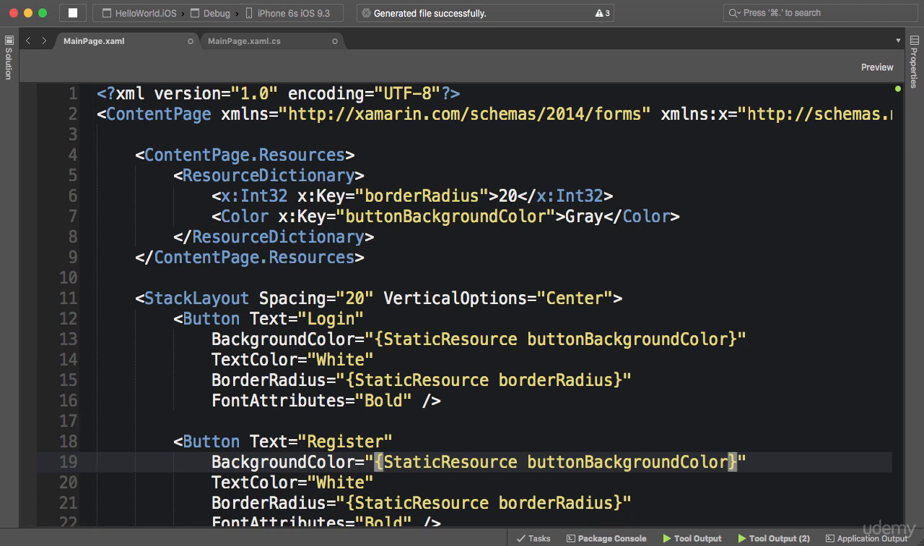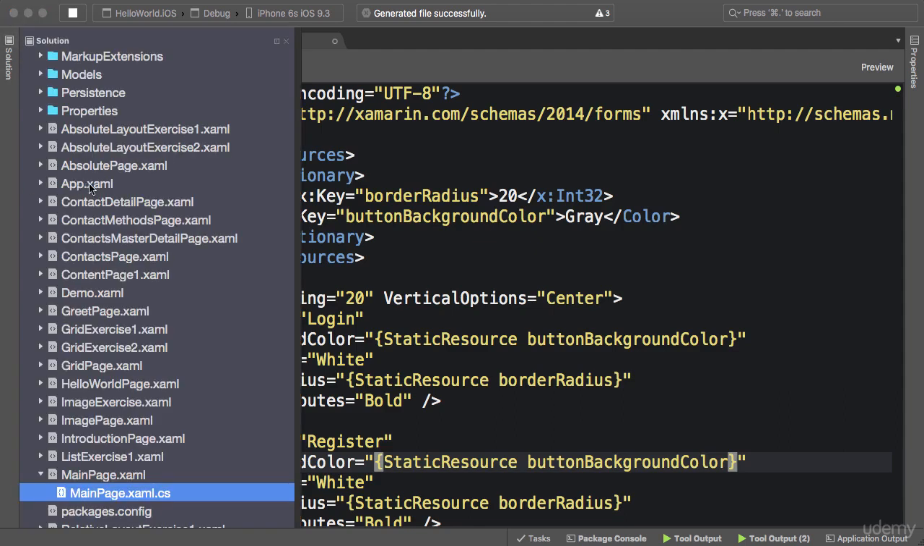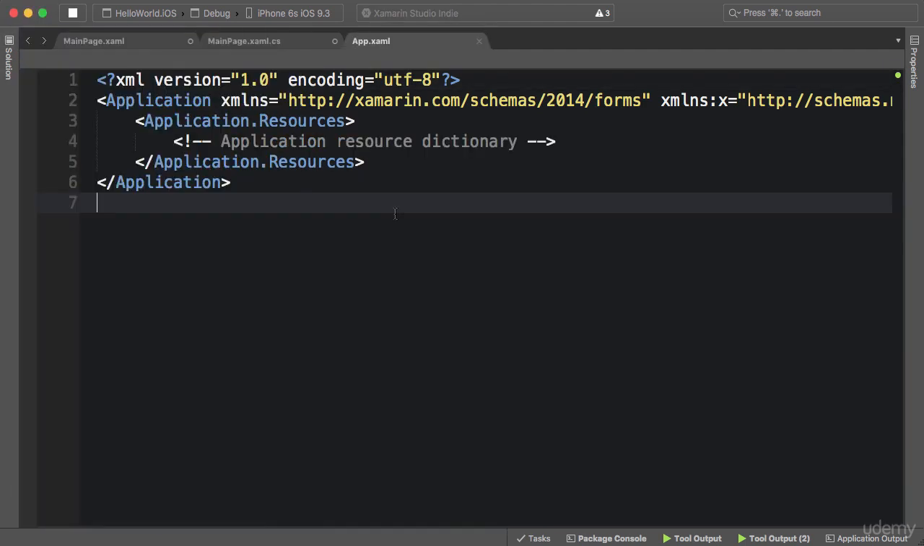Now, what if we're using these values on multiple pages? It doesn't make sense to define these resources on every page. A cleaner way is to define them in our application. So we have this app.xaml here. And you can see in the boilerplate code that we can define resources here. Just one thing, if you're using Visual Studio, the default project template does not create app.xaml. You only have the code behind, app.cs. If that's the case, just add a new content page with XAML and then change the content page element to